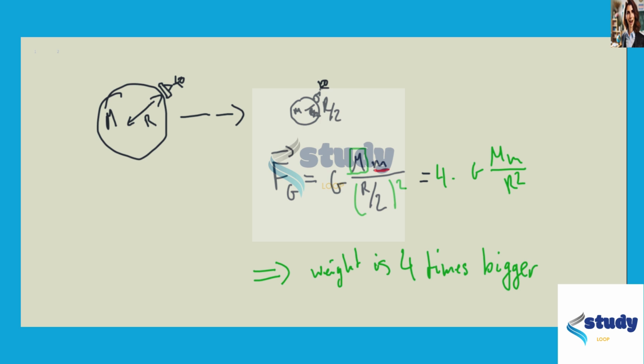Because in the previous one, the effective mass of a planet, when we go inside of the planet, will be smaller. An explanation for this